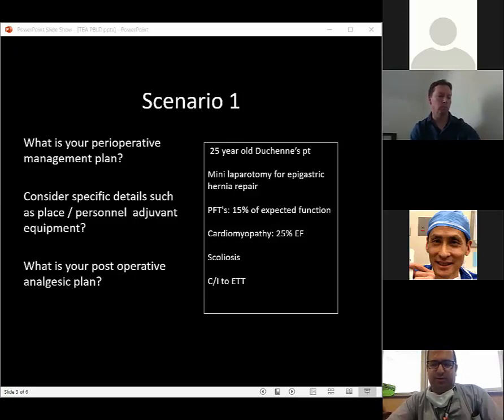In order to confirm, nowadays I've switched to the transduction waveform, like DQ Trend published. I find it's very sensitive and specific at the thoracic level. And it's actually easier to do when you're teaching trainees because you can do it in real time through either the catheter or the needle. And unlike the Tsui test, you can continue to test if you need, intermittently. Let's say you're checking post-op if the catheter is being dislodged, whereas with a Tsui test, you cannot do stimulation once